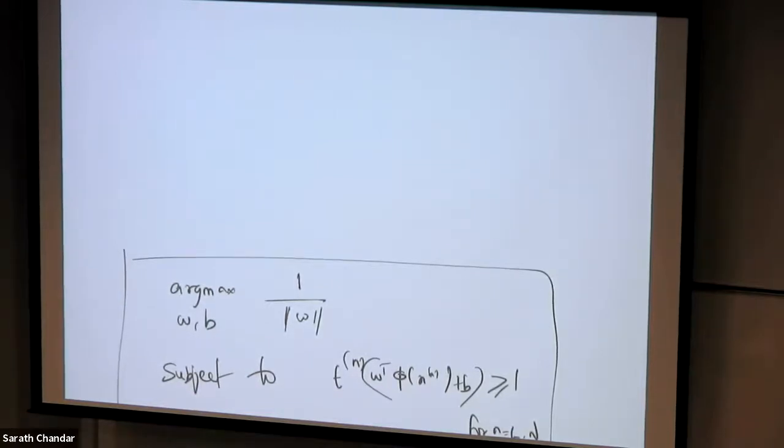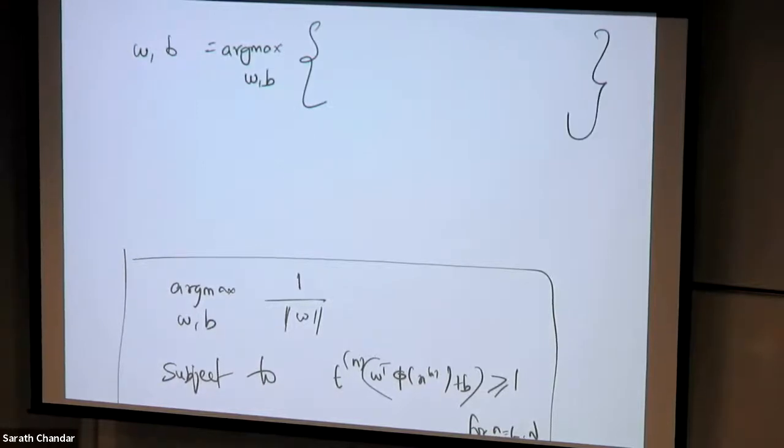Okay, so let us continue. So now to summarize what we have seen so far, we started with this goal, which is to maximize the margin. We were interested in finding W, B such that argmax over W, B of the margin. The margin definition when we started was a little bit complicated.